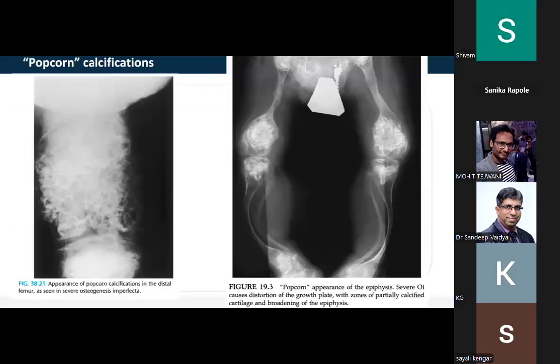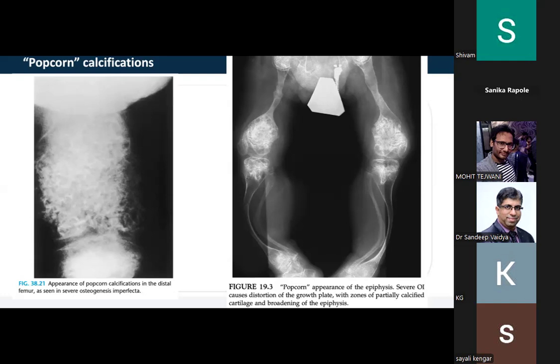Now, let us look at what popcorn calcification is. We look at the irregular metaphyseal, epiphyseal calcification. These were first described by Goldman and co-workers as popcorn calcifications in the metaphyseal and epiphyseal areas of long bones, very close to the growth plate. They appear as clustered collections of rounded or scalloped radiolucencies with a sclerotic margin. They are seen more frequently in the lower limb than in the upper limb, and their appearance parallels the development of the growth plate, and whenever there's a growth spurt they increase in number also,